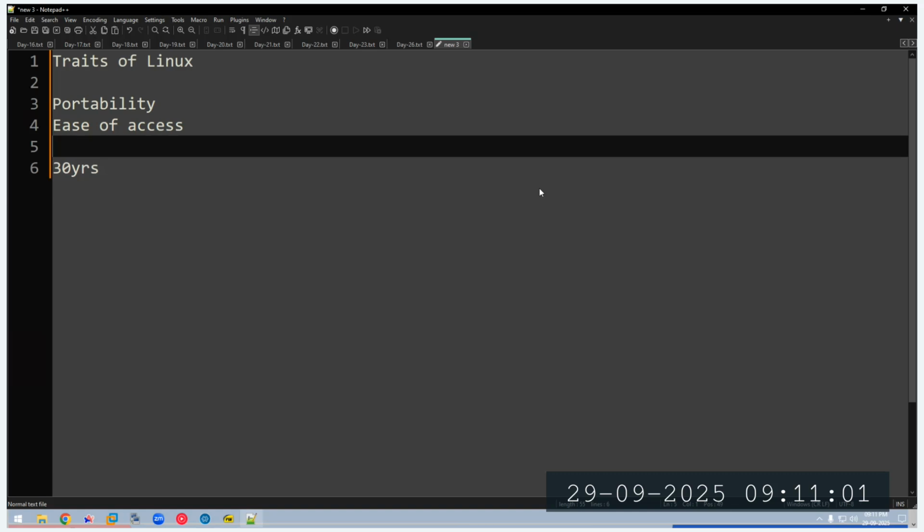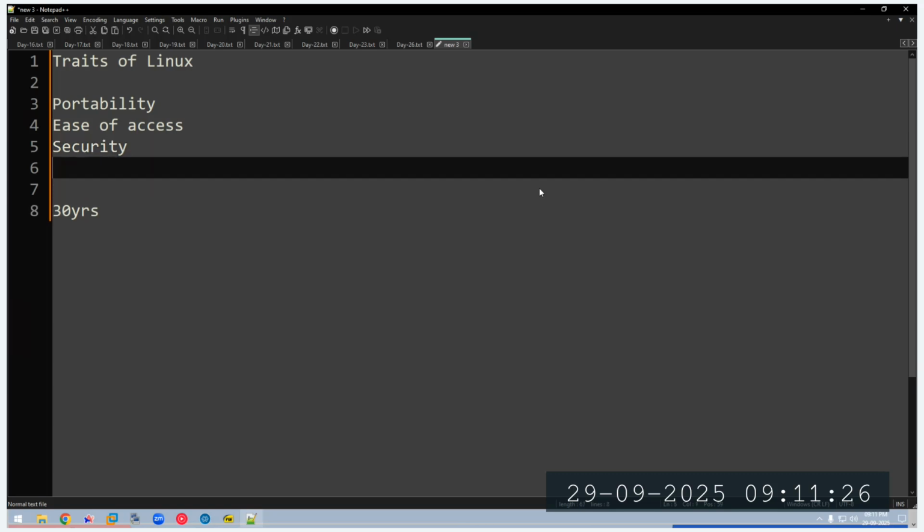Portability, as I told you, you can put so many versions out there. And you even have the forefathers of Linux, like Solaris and Unix. So Linux is based on Unix. Okay, so like that, Minix is there. So many versions are there. So ease of access. And you have the security aspect, which you guys might already know if you